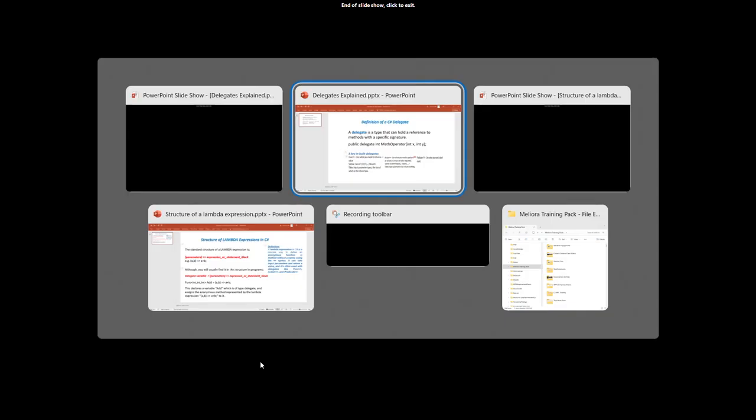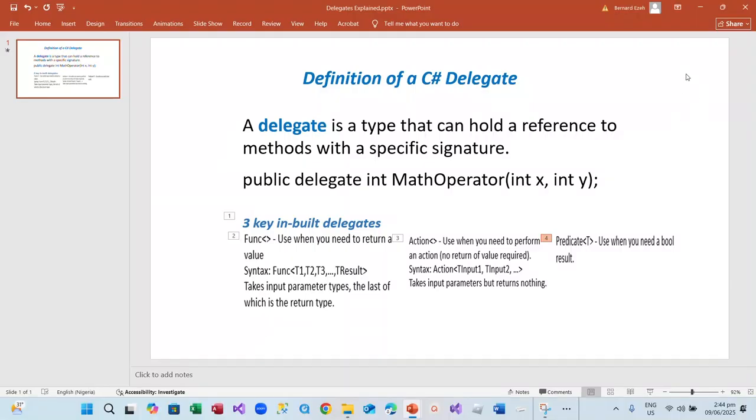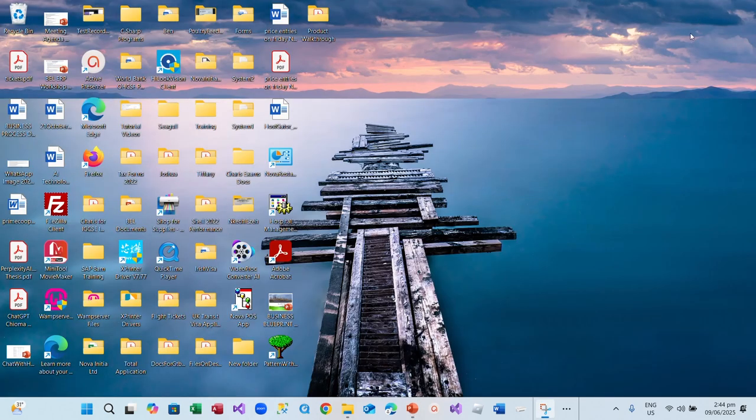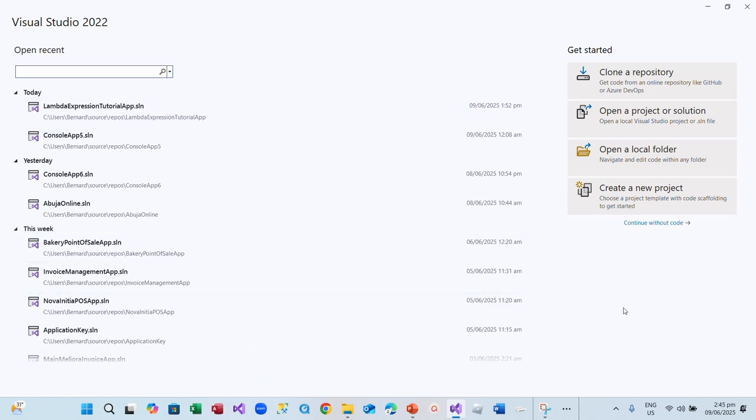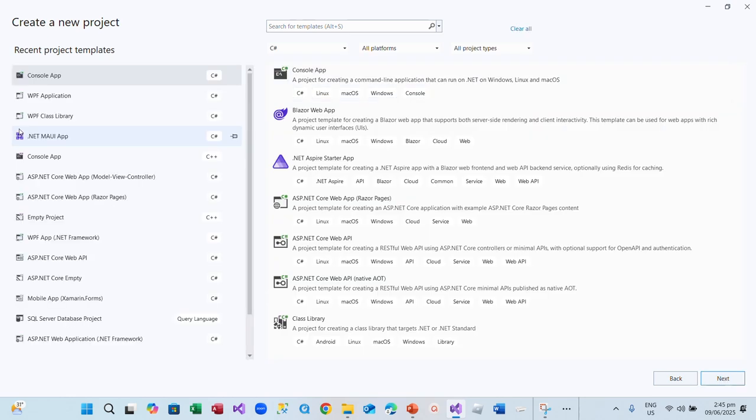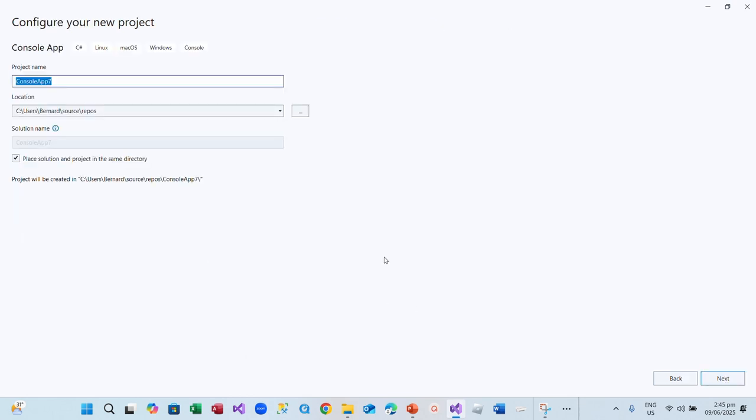To see how these things work in actual projects, I have to jump onto my C#. Let's do some quick coding. So I'm going to create a new project. That project is going to be a console project, just to make it a lot easier and simpler. So it's going to be a console app, and then I will call it